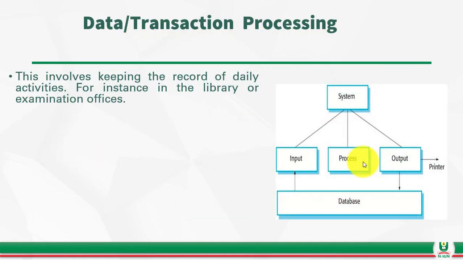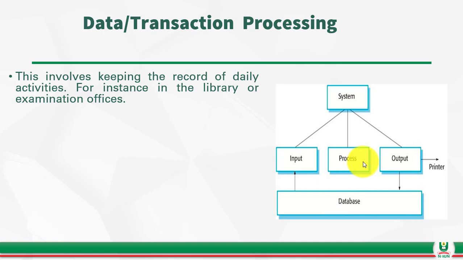Now, the second support is data or transaction processing, because you generate data on a daily basis. There are some records that you get on a daily basis that you need to process, you need to store, and you need to make available to the management. For instance, in the library or examination offices, these offices generate daily activities. They generate data on a daily basis. And IT allows you to be able to process these activities, this data, and make information available to the management